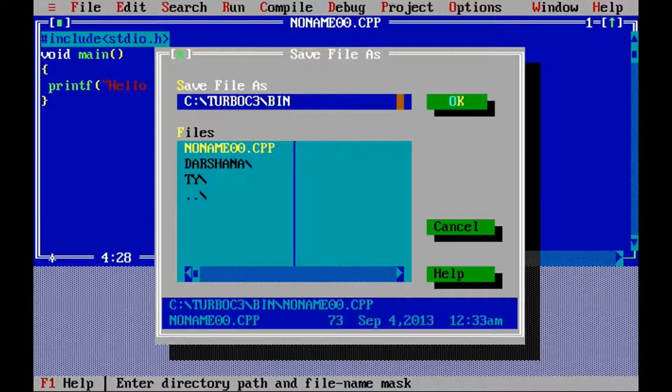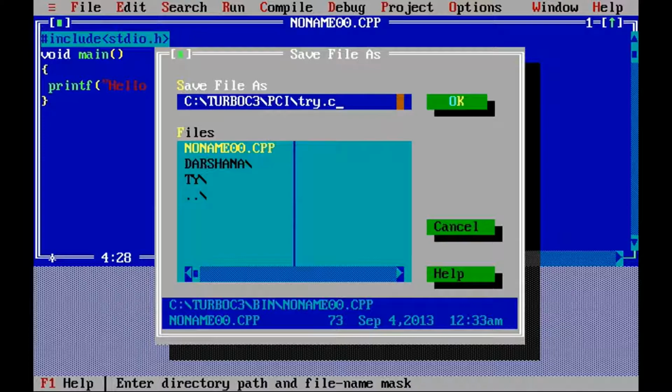I will go back, and here I have my own folder PCI. So in C drive, there is a TurboC3 folder, and in that PCI folder. And now I will save my program. Suppose try.c. The file name is given, and you should be careful about the file name. It should not exceed 8 characters.